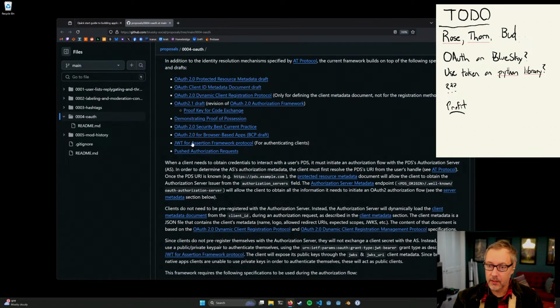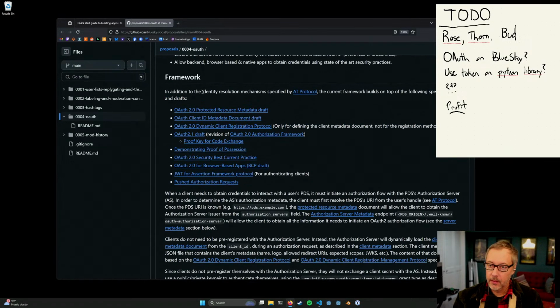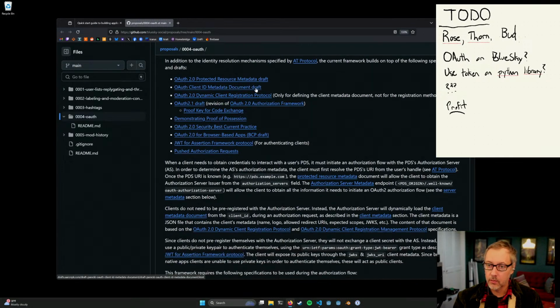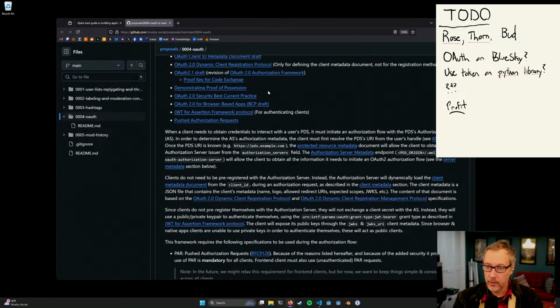This is a lot of links. So, in addition to the identity mechanisms specified in AT Protocol, the current framework builds on top of the following specifications and drafts: OAuth 2, client ID, OAuth 2, OAuth 2.1,